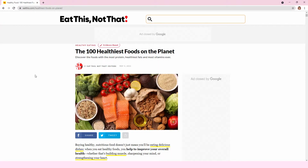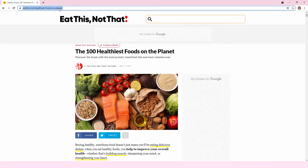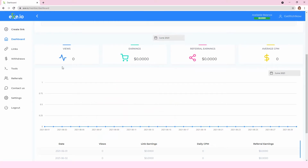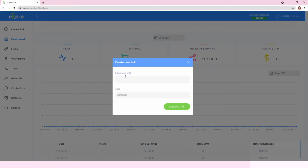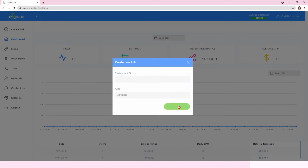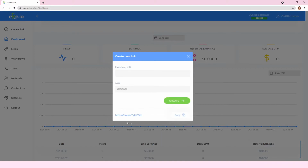So what you want to do is to copy this website's link. You can do it by selecting the whole link, right-clicking and selecting copy, or by using good old Ctrl+C. Now that we copied this link, we need to shorten it on x.io, so we need to open x.io and click on Create Link. Now, we will paste our link right here. You either right-click and select Paste, or you use Ctrl+V on your keyboard, either one will work. Now we click on Create, and a link has been created. We click on Copy right next to the link, and the link will be saved,